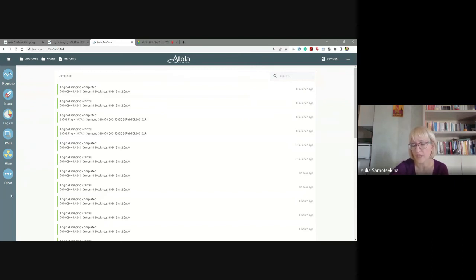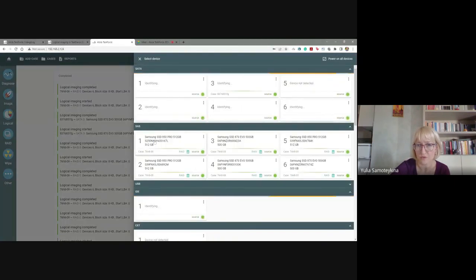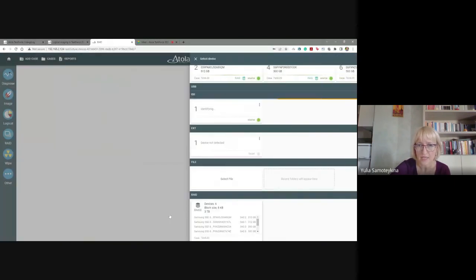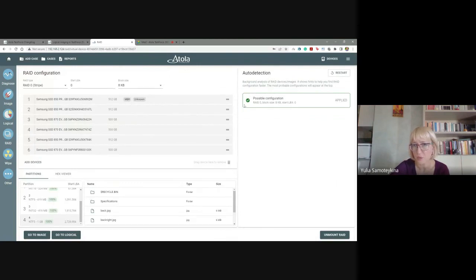So for example, we have gone through stage 1 and stage 2 of the autodetection process, just like I've shown you before when we were trying to assemble this RAID. But if, for example, TaskForce has not been able to find a possible configuration, there will be an optional third stage applied,